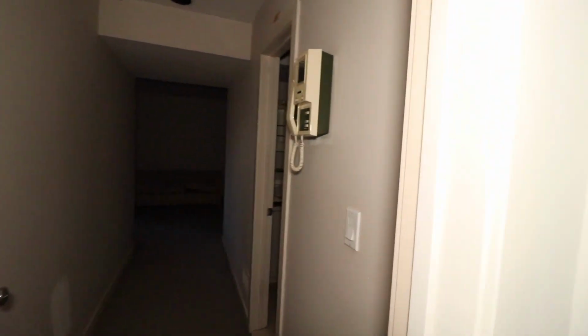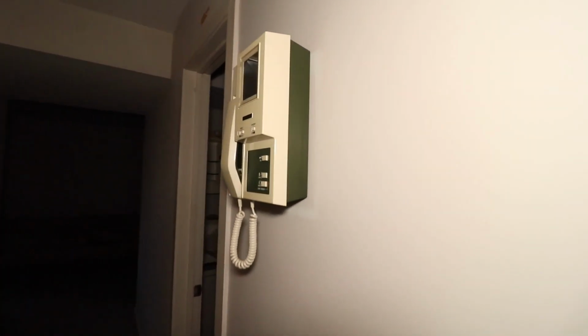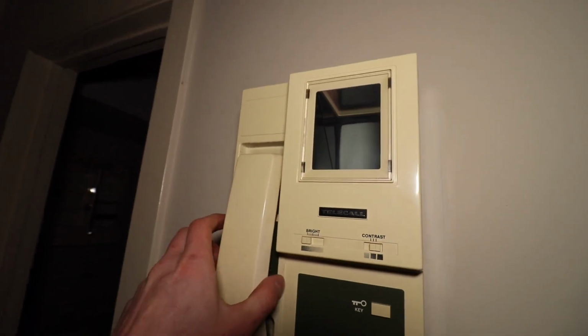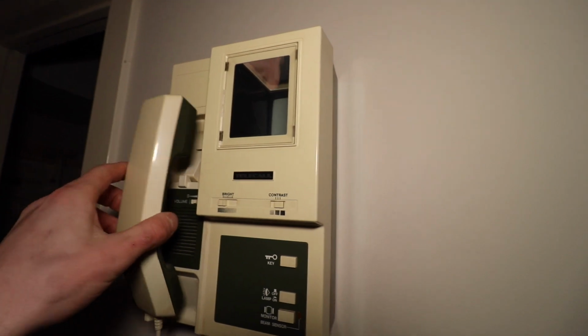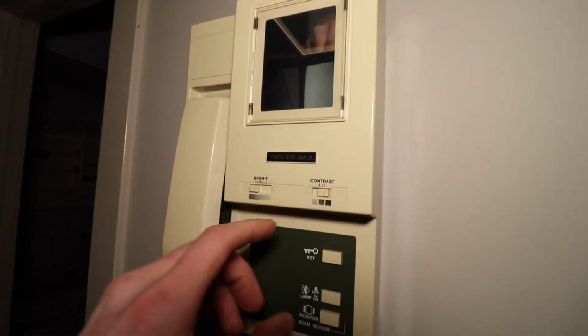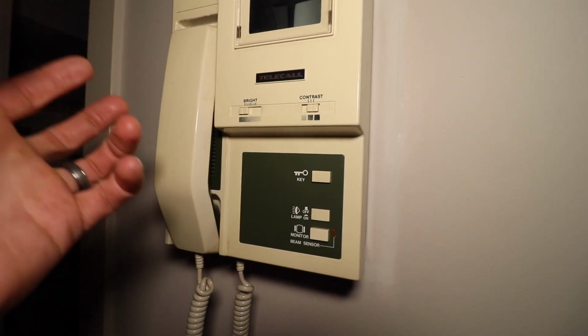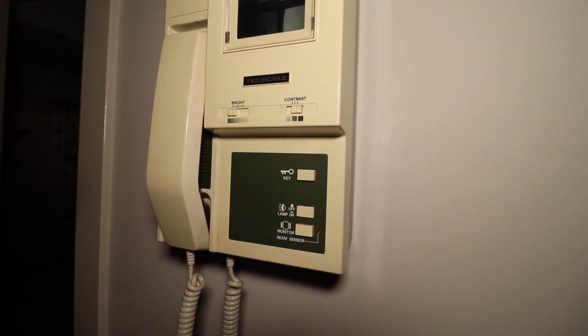Down the hall from there. Wow. Look, they had another phone, not only could you get light. I wonder if it would tell who you're calling from or something like that. It has a screen in there, so that is really cool. Telecall. I'll have to really research that, but if anybody knows what this was in the comments, what it did,